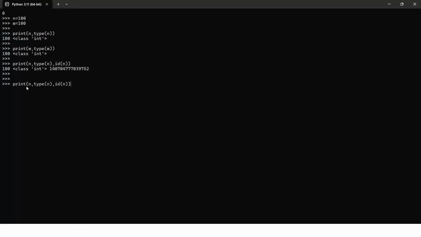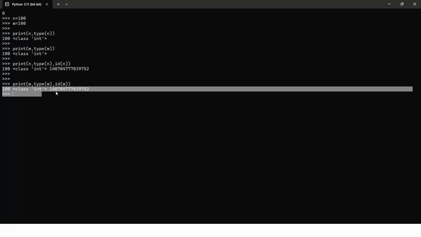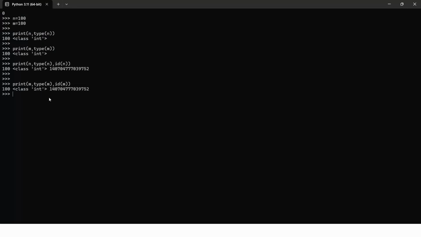Similarly, you can go for m as well. You just print here type, ID, m. So you can see this is the ID, this is the value, this is the class, and this is the ID for m. Okay, both are having same value 100 and 100. So it is not creating different memory space, it is just creating the same memory space where m is also having 100 and n is also having 100.